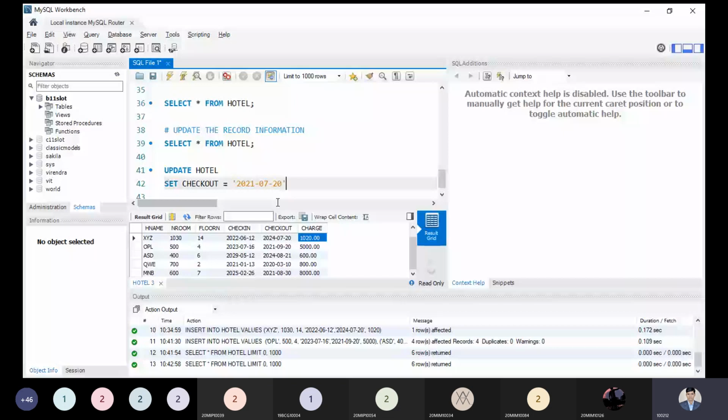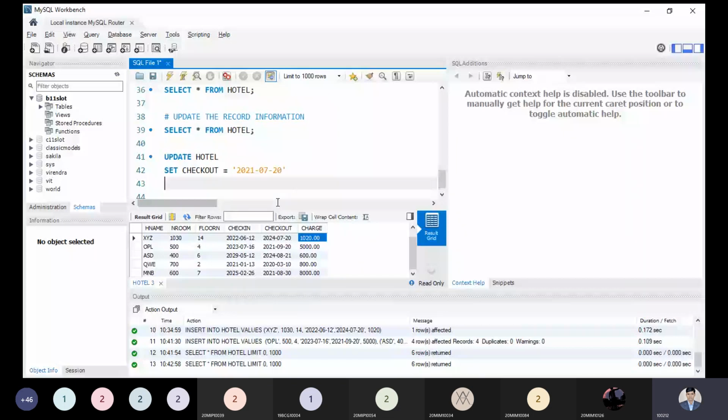And the condition I have to take. See, can anyone tell me if I'm changing this information, then what will happen? If I'm executing this syntax, then what will happen? Update hotel, set checkout date, that is the 20th July 2021. So now what will happen if I'm executing this syntax?